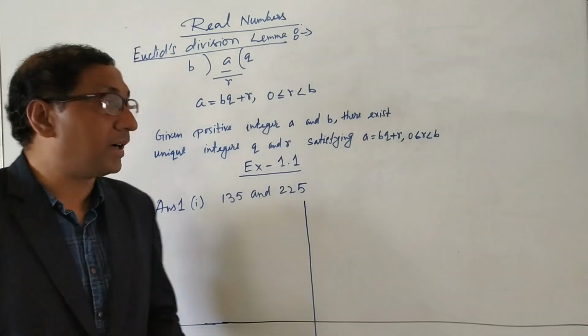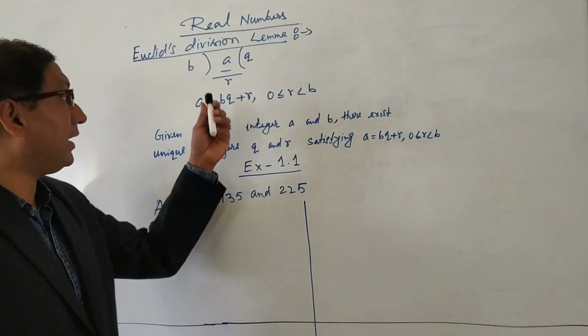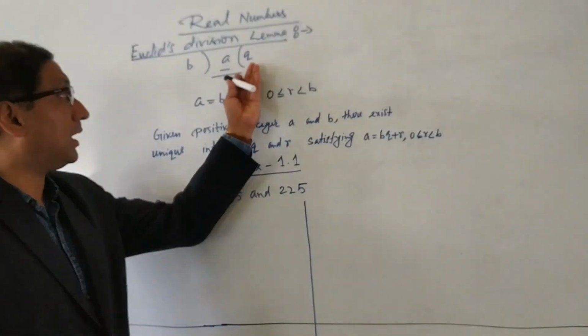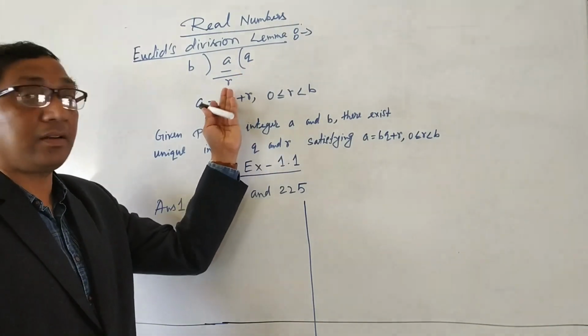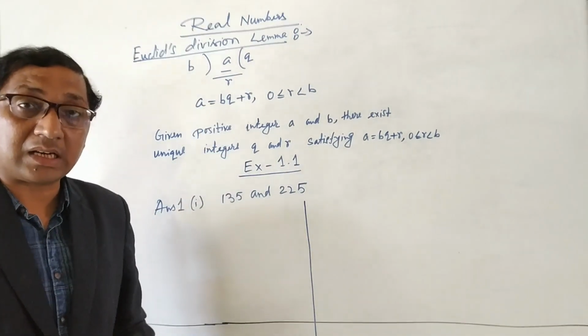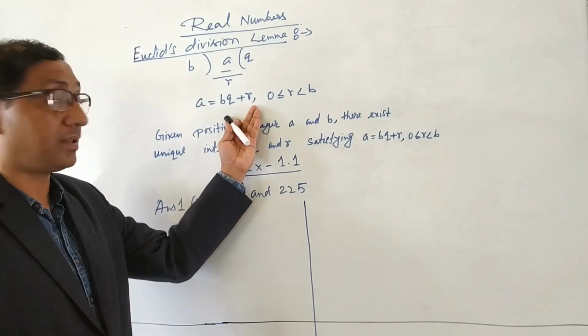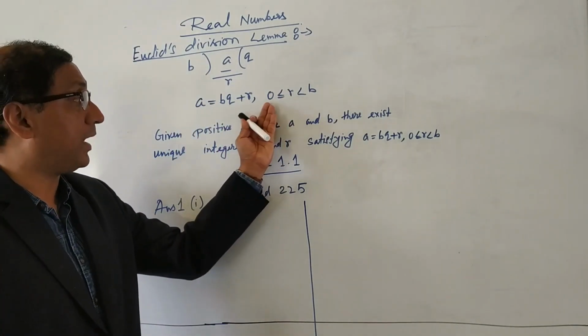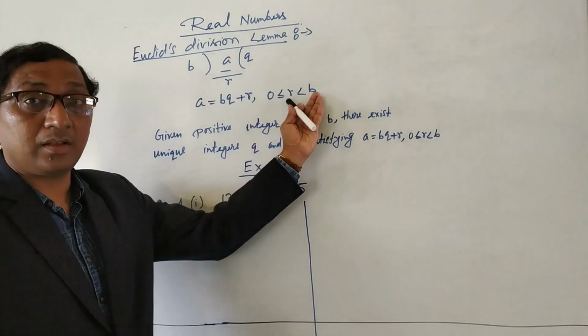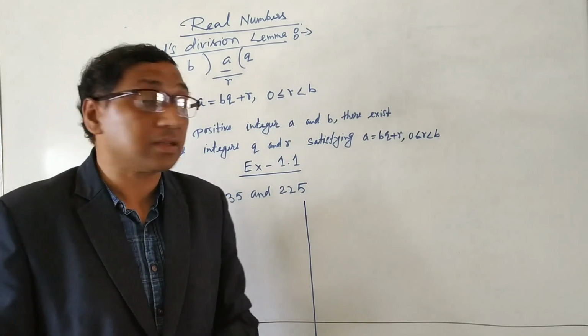So first we will understand what is the meaning of Euclid's division lemma. If we divide a number by another number, generally we get a quotient and a remainder. That from class 6 we have done. In class 6 and class 8 we got dividend equals divisor into quotient plus remainder, where the remainder will be greater than or equal to 0 and less than the divisor. Already we got these things. It is not new for us.